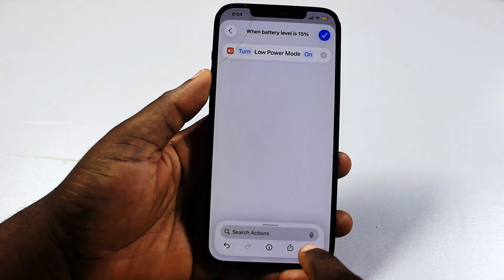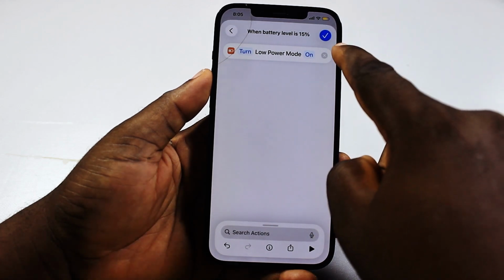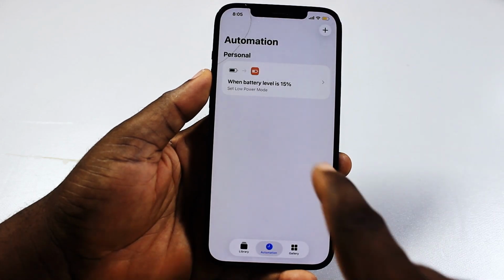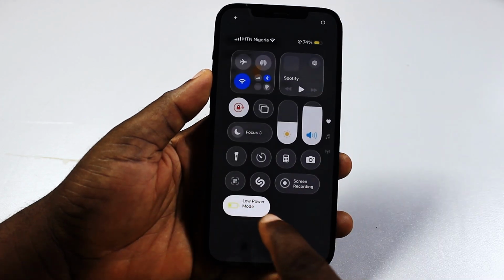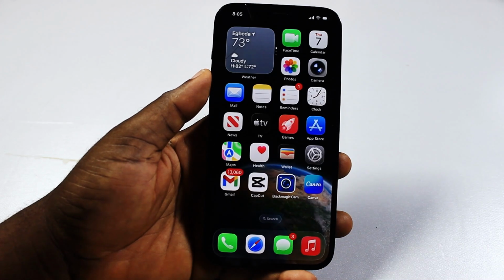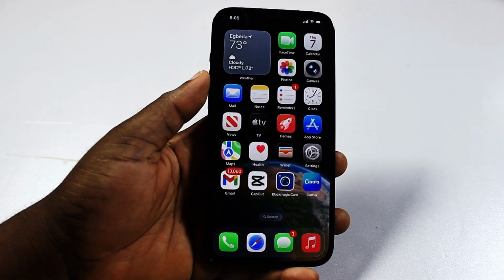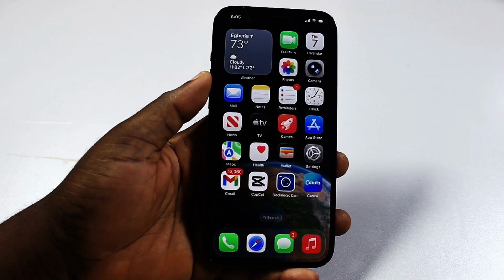You see that? So to activate this, just click on the check mark at top right. Then it should say when battery level is 15%, this is going to turn on low power mode. Then when next your iPhone battery percent is 15%, or based on your preference, the low power mode is going